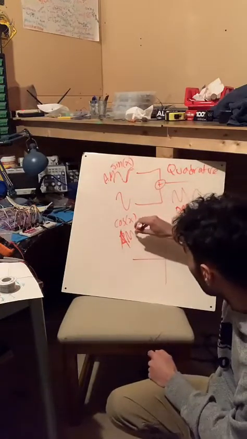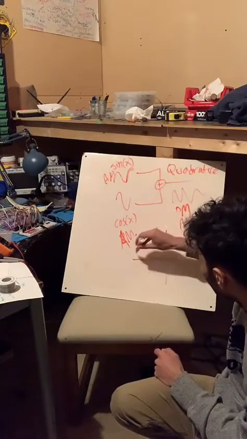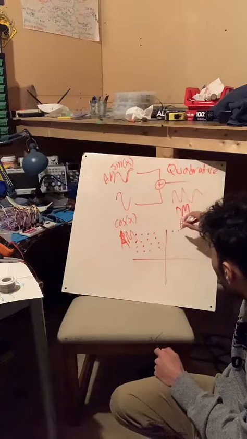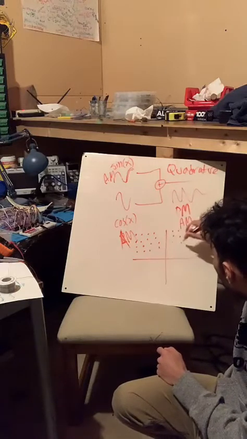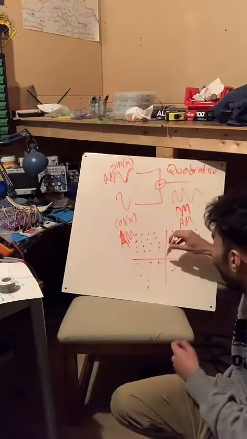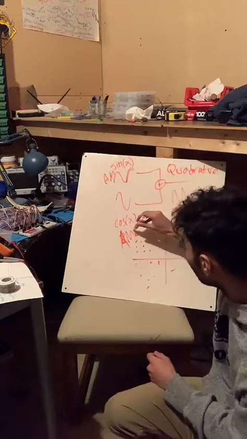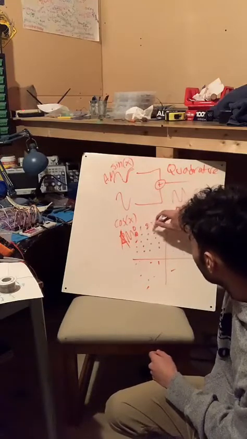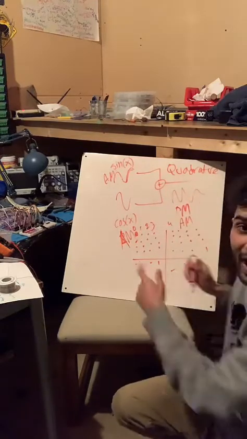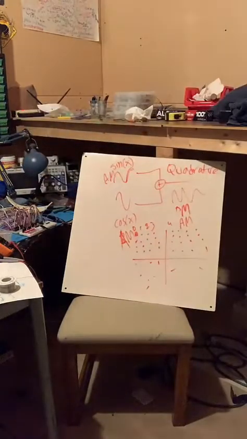Let me put coordinates 1, 2, 3, 4, and repeat that for each row, and I do the same thing here. I can change my amplitude and phase, and each point is given a binary value. I put 0 here, 1, 2, 3, 4, 5, 6, 7, 8, 9, 10. I encode binary. I can point anywhere. I encode binary. Do you get this? This is how Wi-Fi, Bluetooth, TV cable work.